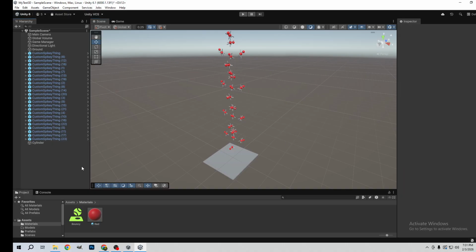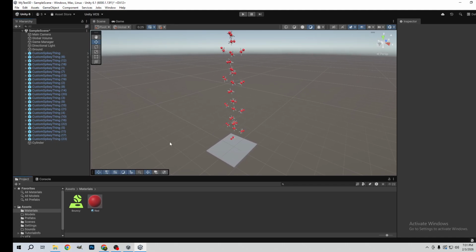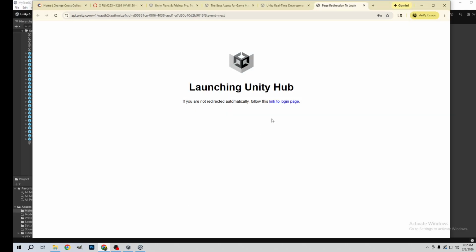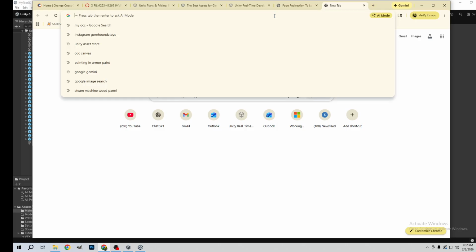Now, just to show you something super fun and different to add to this, let's say I wanted to make an explosion script that I'm gonna attach to a game object, and then after like 2 seconds, anything that's in my scene, I want it to shoot all those rigid bodies in all kinds of directions, right? Well, if you want to do something like that, we can come to Google Gemini,